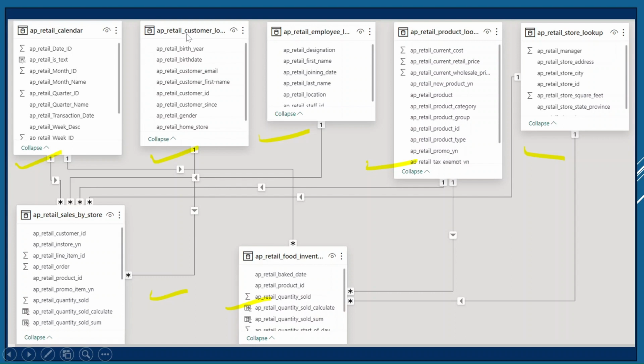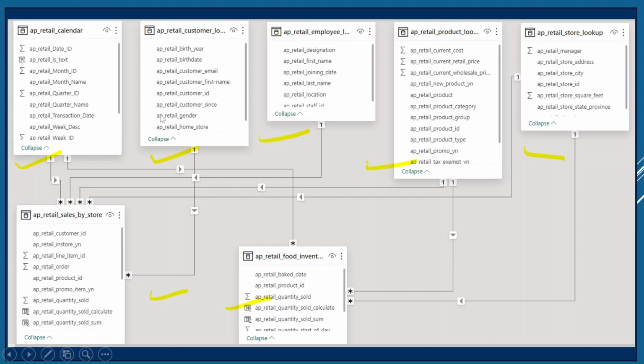The customer lookup table has the information of all the customers, and each customer has a customer ID. When that customer buys any product from a retail store, a customer ID is associated with it. That's why in the sales by store table, which is the fact table, customer related information is there.